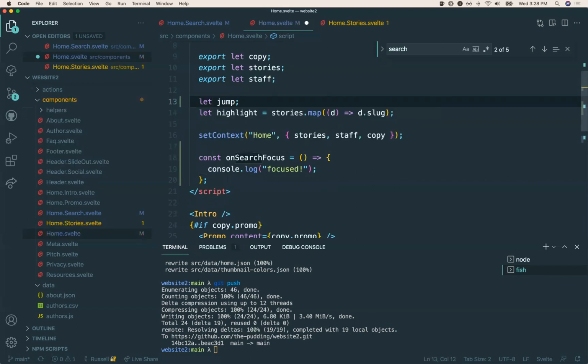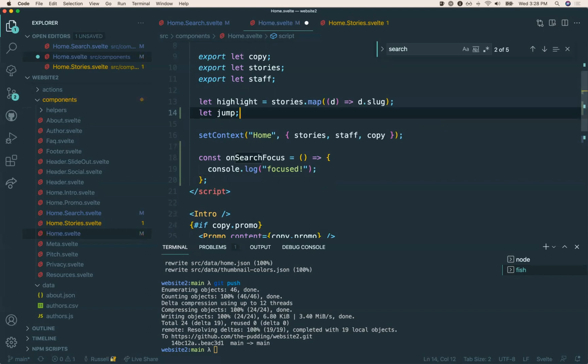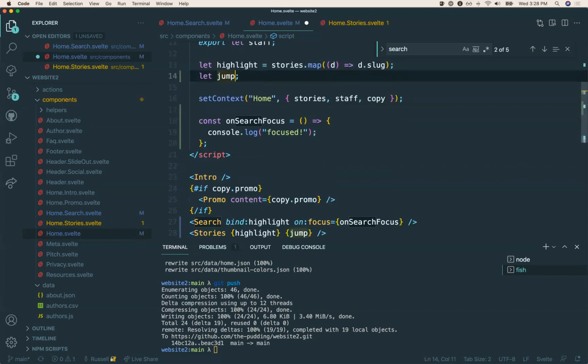Jump. All right, so on search focus, we execute the jump function,